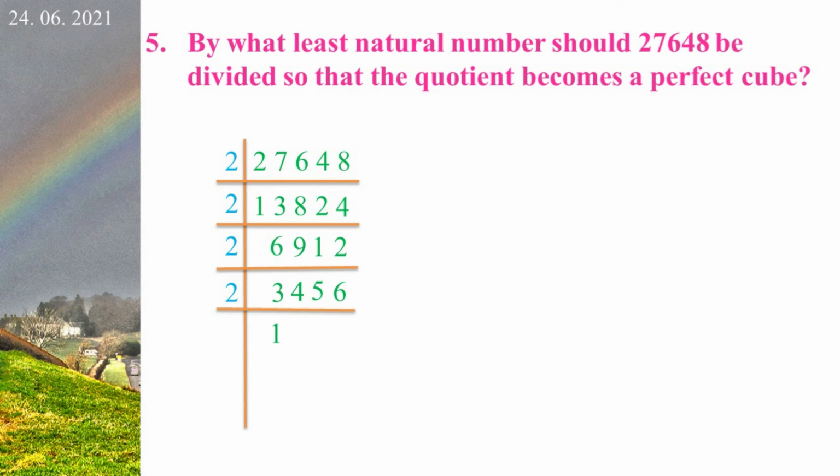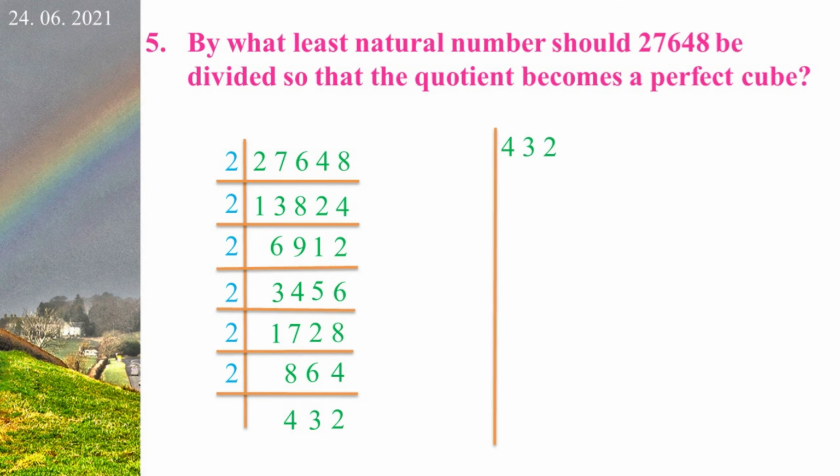Again we take 2. 1 2 is 2. Balance 1. Next digit 4. We take 14. 7 2s are 14. 2 2s are 4. Balance 1. Next digit 6. We take 16. 8 2s are 16. Again we take 2. 8 2s are 16. Balance 1. Next digit 2. We take 12. 6 2s are 12. 4 2s are 8. Again we take 2. 4 2s are 8. 3 2s are 6. 2 2s are 4. Again we take 2. 2 2s are 4. 1 2 is 2. Balance 1. 12. 6 2s are 12.